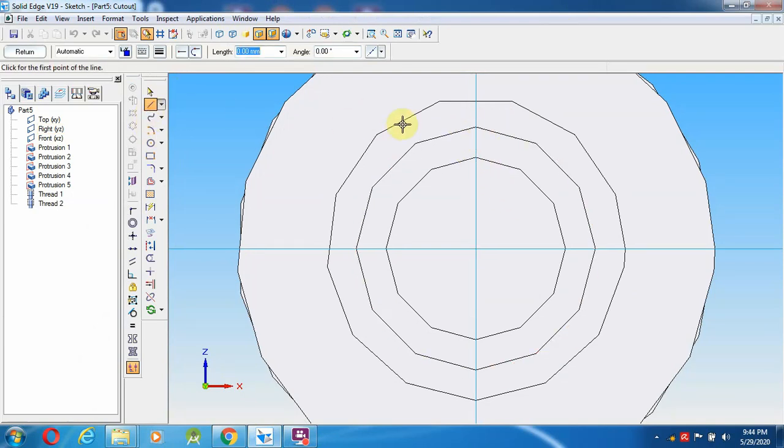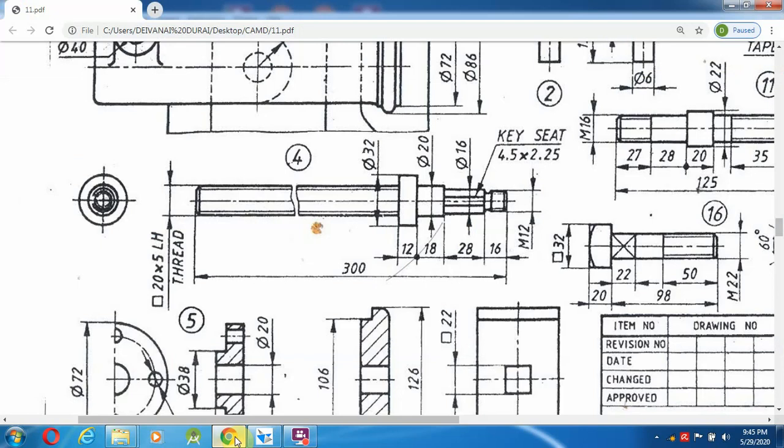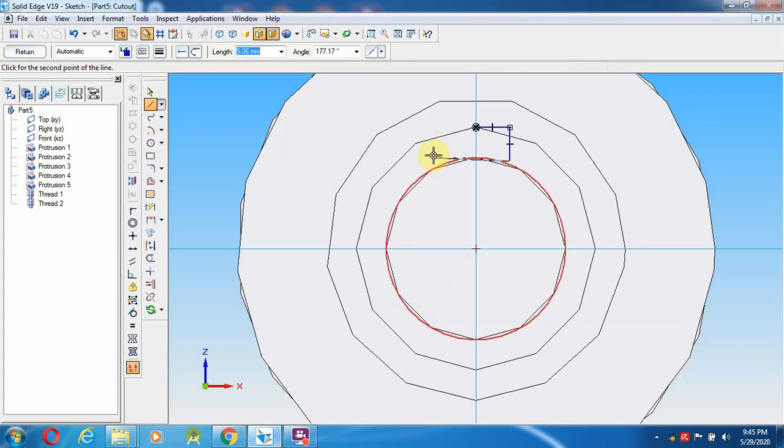So go over here, from here 4.5 means each side 2.25 mm and down 2.25, and going to give here as a 4.5 and 2.25 mm. Enter.